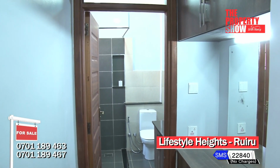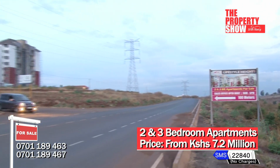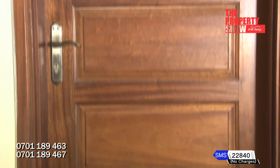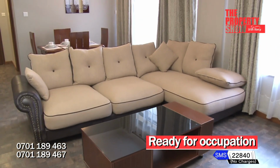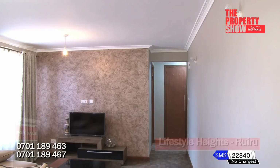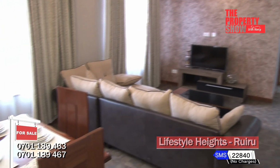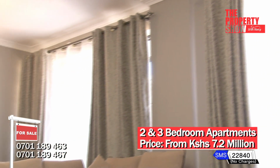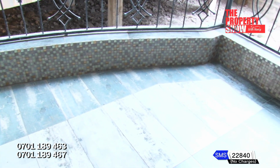It is conveniently located along Roiro Kiambu Road, 20 kilometers from Nairobi CBD. Accommodation features include a hardwood mahogany door that invites you to a spacious lounge fitted with large windows to allow in natural light. The mid wall has special effect, setting it apart from the other walls, making it unique. An aluminum door seamlessly leads you to the beautifully tiled balcony, which can act as a chill spot for you